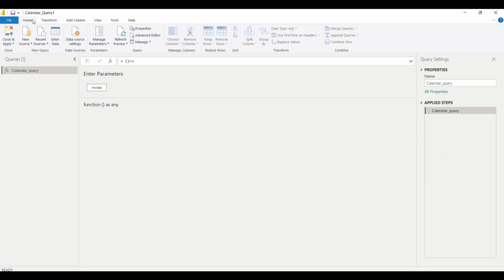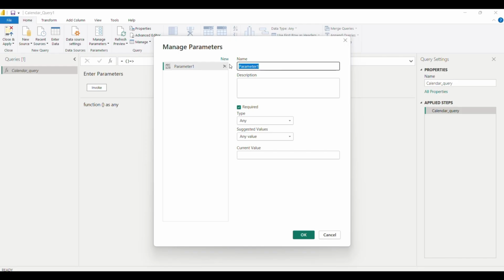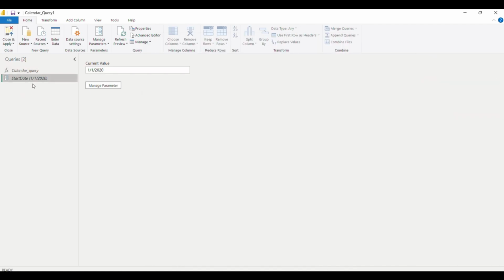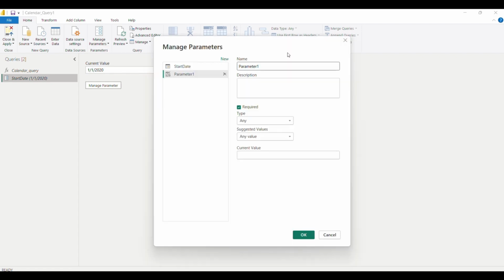We can just go in home, look for manage parameters, new parameter. We will name it start date. As type we will use date, and the current value will say January 1st 2020. Click OK, and we'll do the same for end date, and we'll just click again manage parameters, new parameter. We'll name it end date,